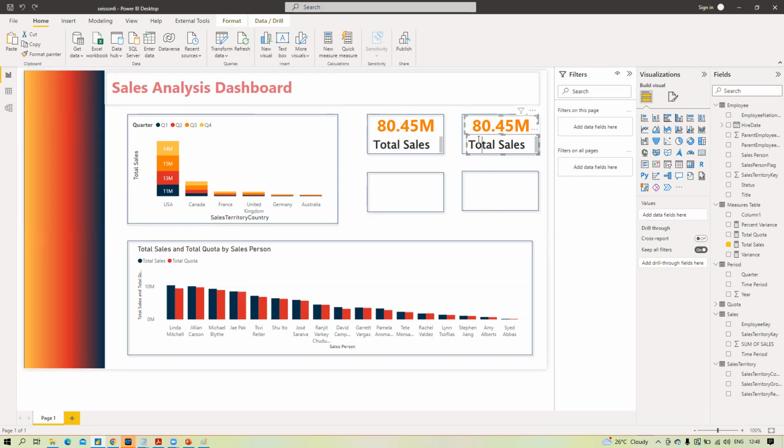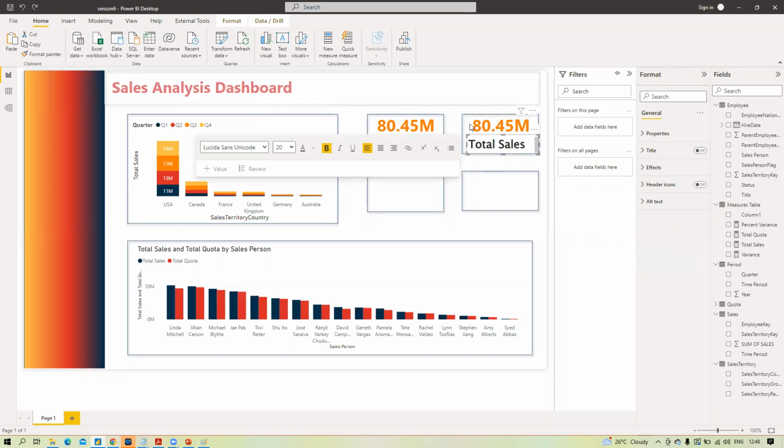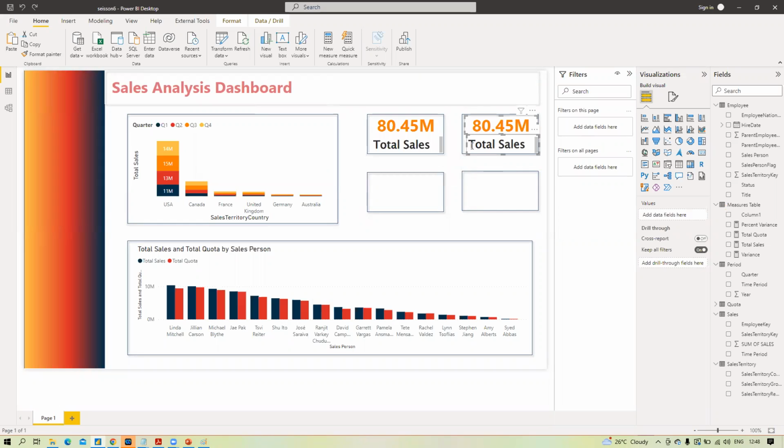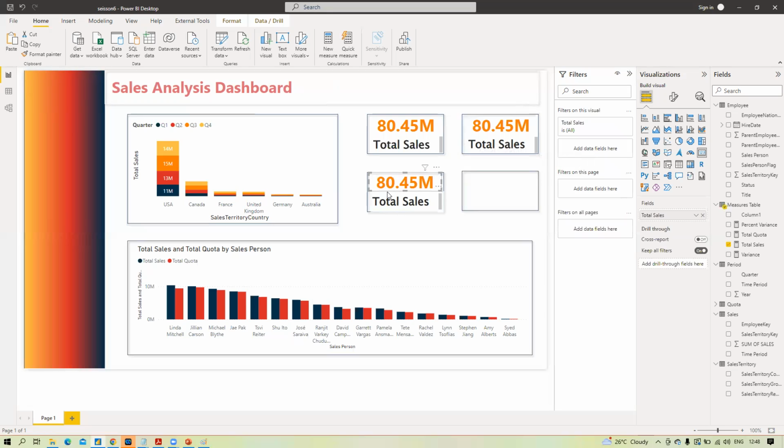Just copy this one. Copy paste it here. And once the format is done, now we can do it easily. So this one I will click here. I can put, let me put here